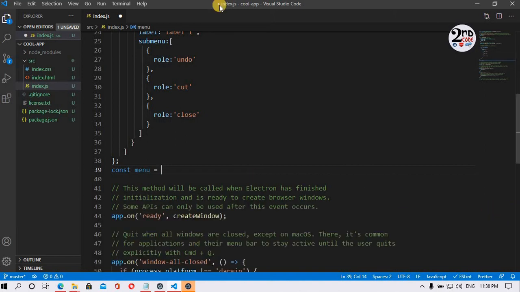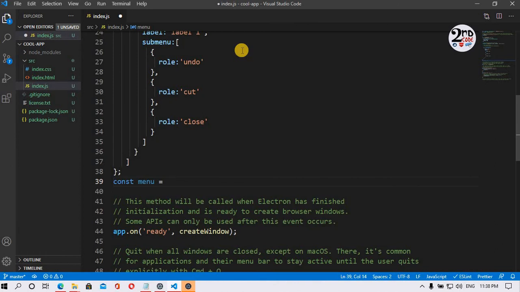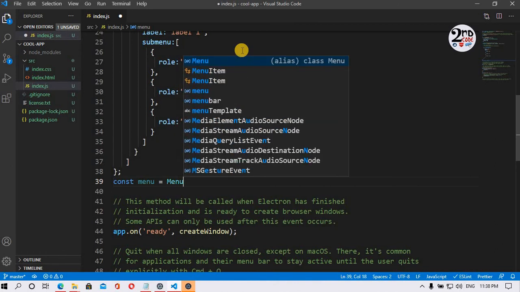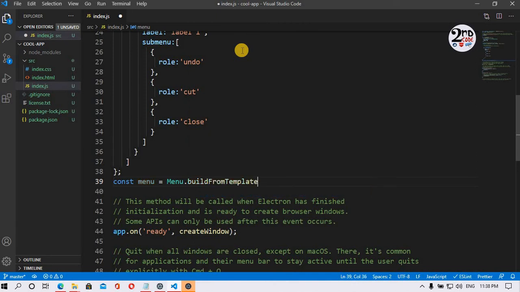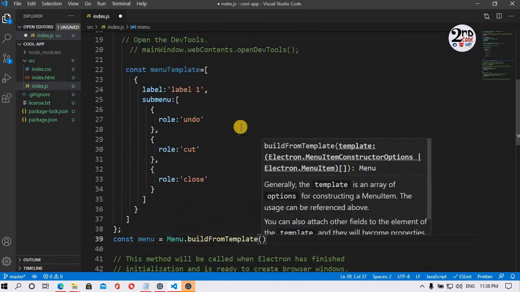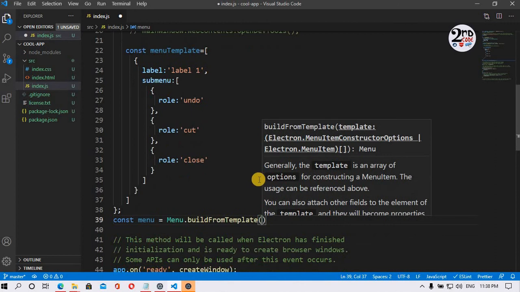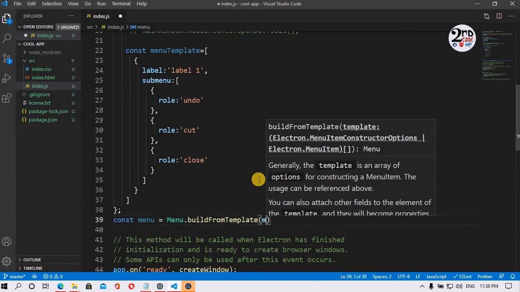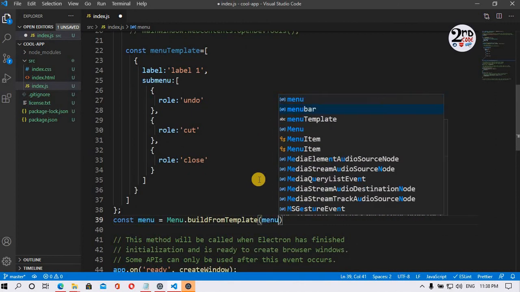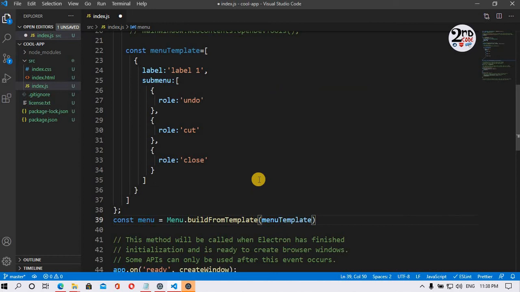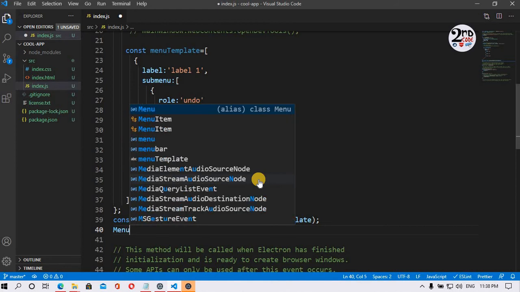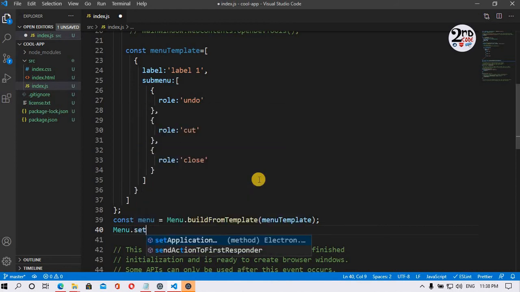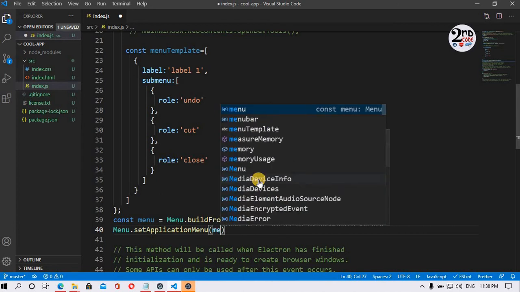Menu is equal to Menu.buildFromTemplate, and we have to write the template name, which is menuTemplate. This is our template name. And below it we have to write Menu.setApplicationMenu and menu.